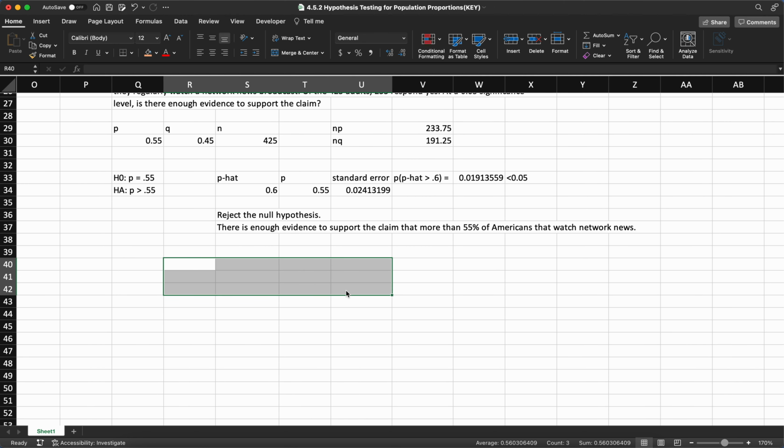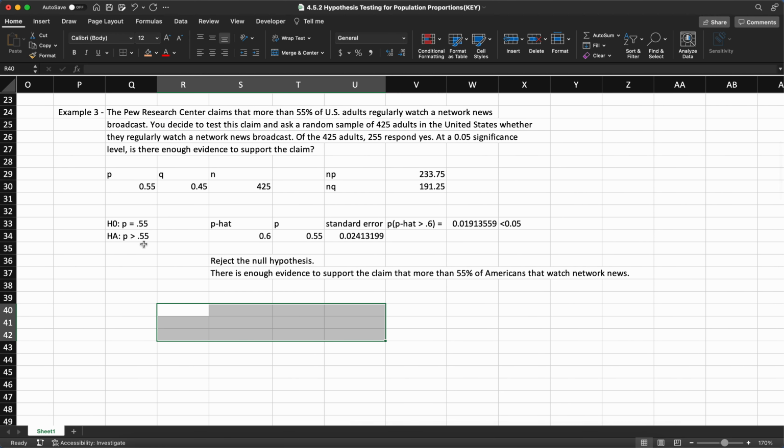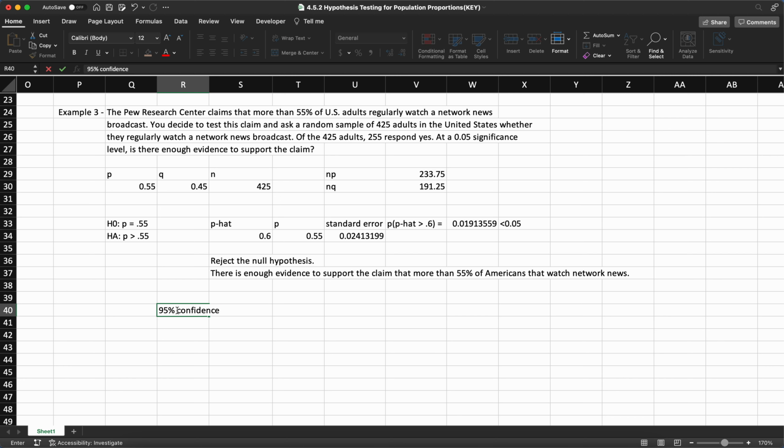For this last problem, where our claim is that it's more than 55%, to create our confidence interval, again, it's going to be a 95% confidence interval. That goes along with a 0.05 significance level. But we want all 5% of that to be on the lower half, the lower tail. So we're going to find the lower bound, and to do that, we're going to use norm inverse, but we're going to put all 5% at the bottom. Our mean is p hat, our standard deviation is the standard error, and that gives us 56,